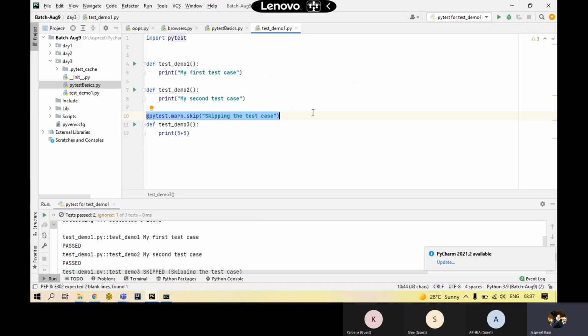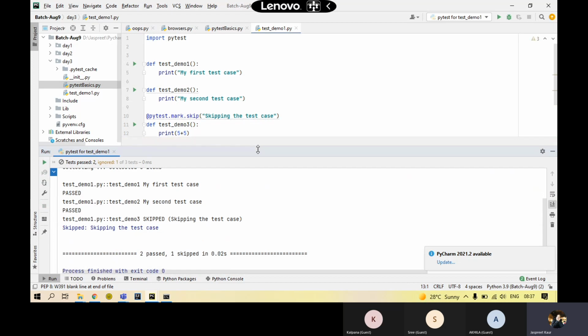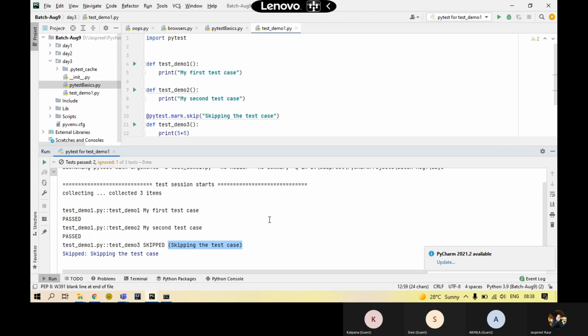you need to add it as mark. You have to mark that function as you are skipping it or you are getting into a group or anything like that. You have to mark. Otherwise, it is a full-fledged command as well, that pytest.skip is itself a command. That also you can use, both ways work, just the location matters, where you are giving it. But you can simply skip the test cases, and the information also comes that yes, test demo 3 was skipped. Whatever message you are giving, that will come along, that you are skipping the test case for this reason.